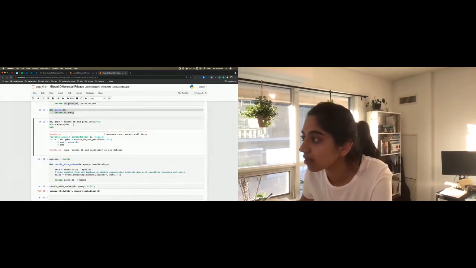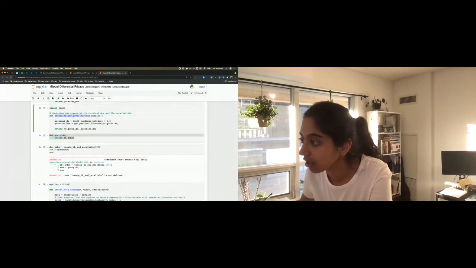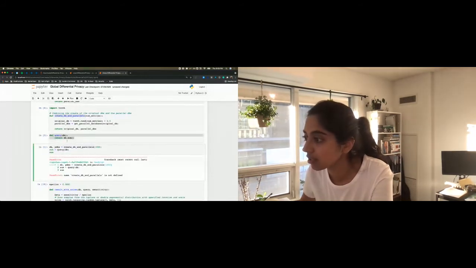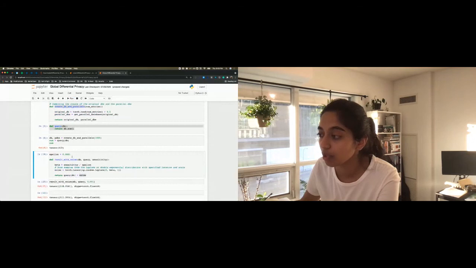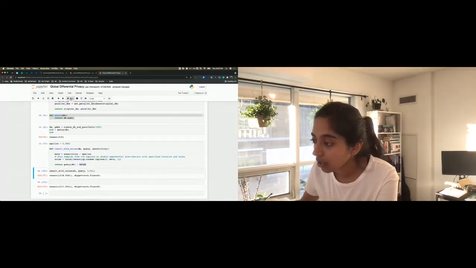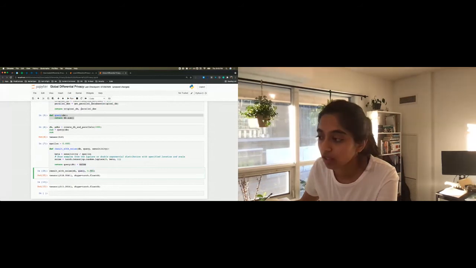Databases and parables is undefined. Hold on, let me just quickly fix this. Okay, cool. So the actual result is 518. When you run this, you're providing the database, the query, and the sensitivity that you're trying to run. When you try to run that, you see that with the noise being introduced, the results are actually pretty close. The actual result is 518, and the result with the noise is 516.